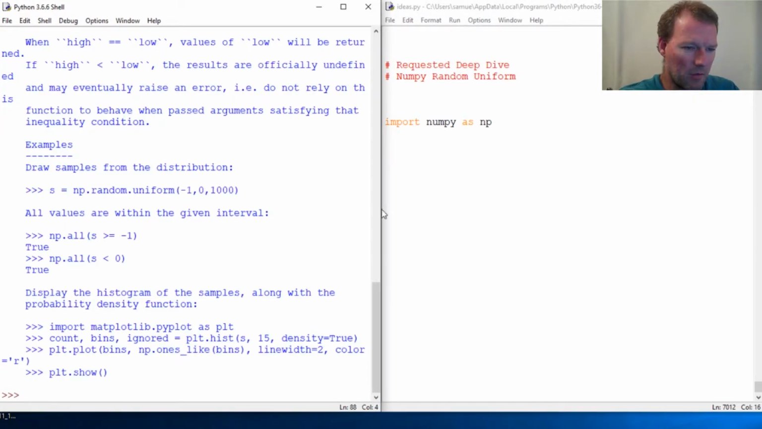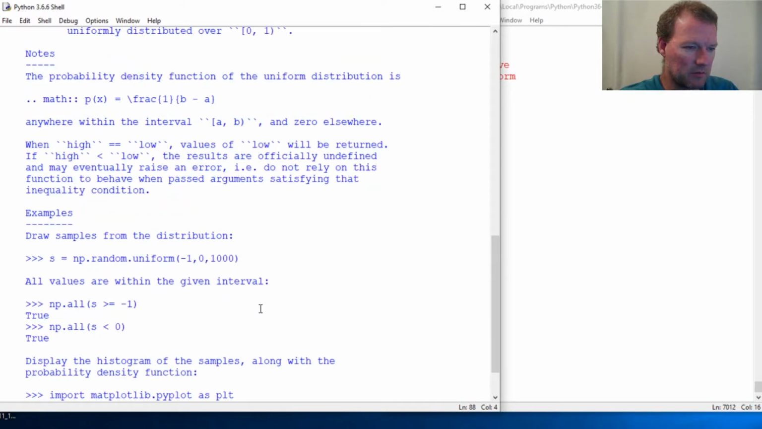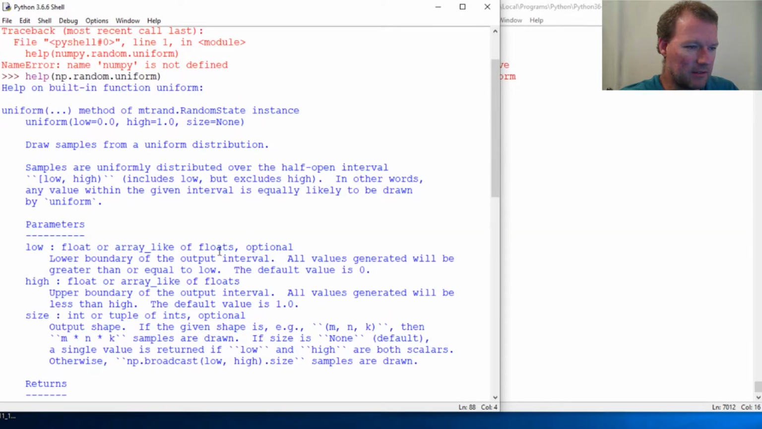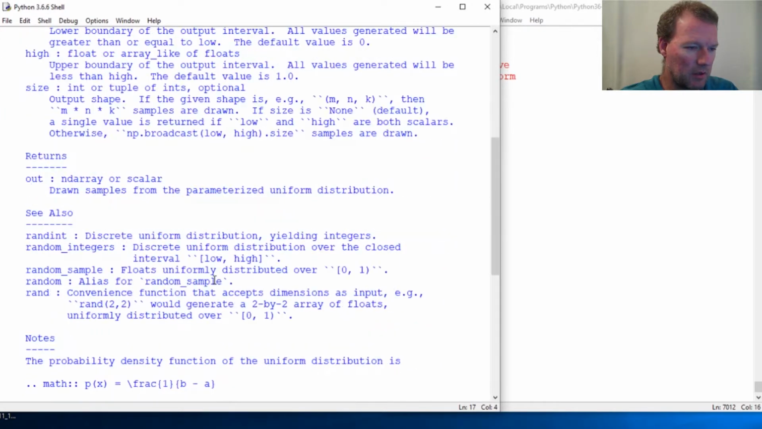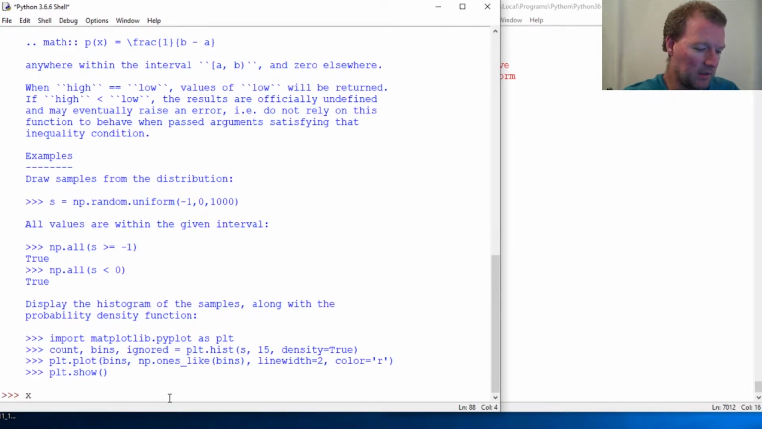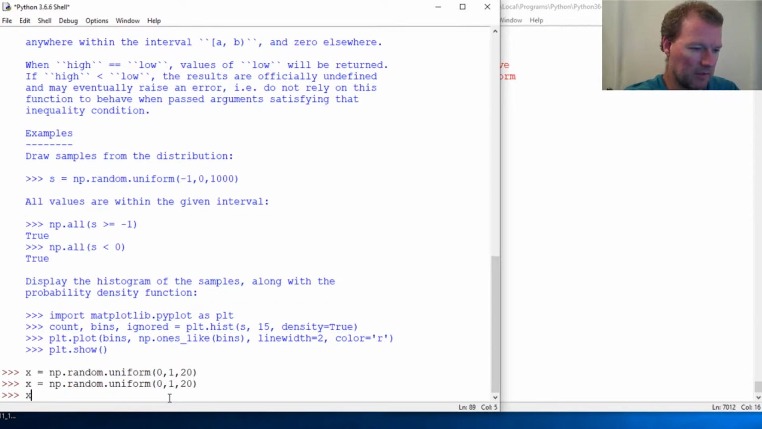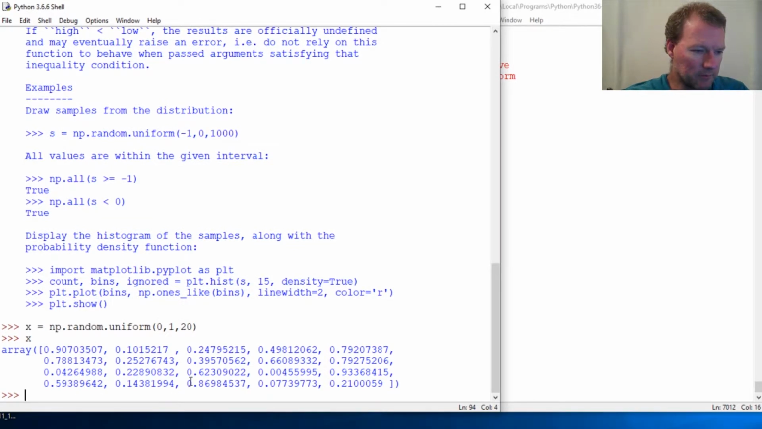So okay, what I got from the question was that I did put it automatically into here. We did x equals np.random.uniform, and then we did 0, 1 and 20, I believe. So here we are. It's an array, but I glossed over